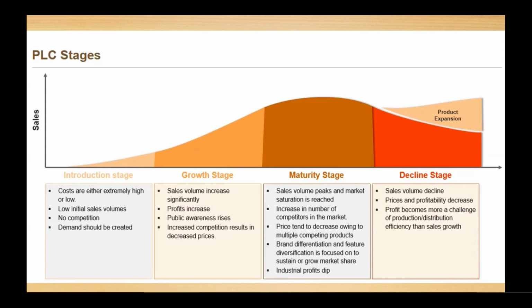So what do you do as a marketer? You start looking for more and more distribution channels to sell your product. In the introductory phase, please remember, you had just selectively chosen some distribution channels to sell your product because your product was not very famous or popular. But in the growth stage, due to the increase in demand for your product, what is happening? You need to have more distribution channels for selling your product.